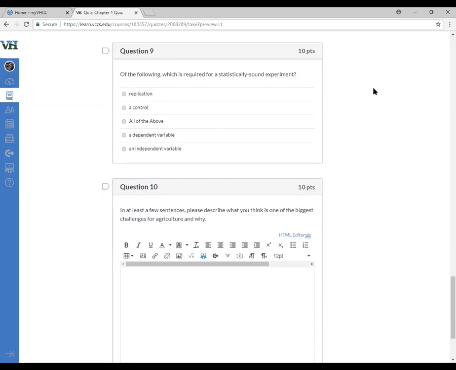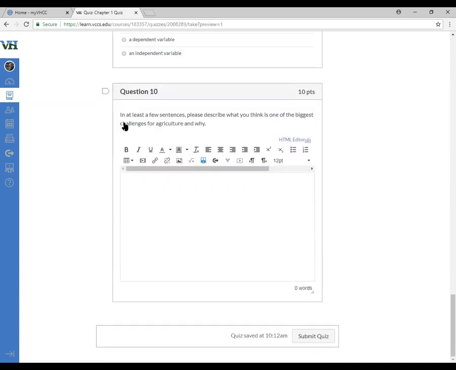Question 9 of the following, which is required for a statistically sound experiment? Replication, control, a dependent variable, an independent variable. That should be all of the above. And all of the above should be at the bottom, but